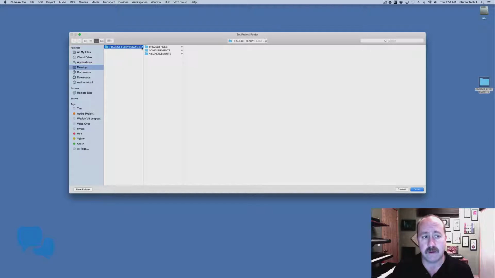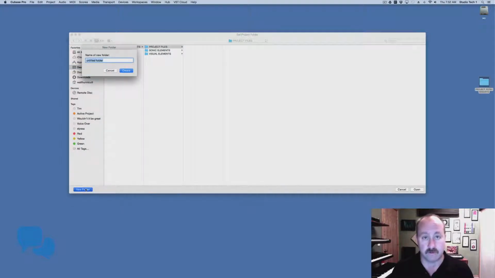Within that client's master folder, we'll have at least three subfolders. This is visual elements, so any video and imagery that they may send, sonic elements or audio that they may send over. In this case, we have a foreign language voiceover that we'll work with, and then a folder to contain all of the project files that we're going to generate. So within the project files directory, I'm going to create a folder for this Cubase project, and we'll call it Flyby Music Theme Song,